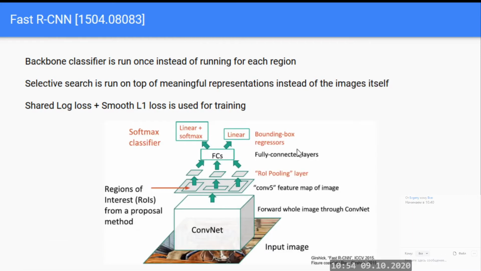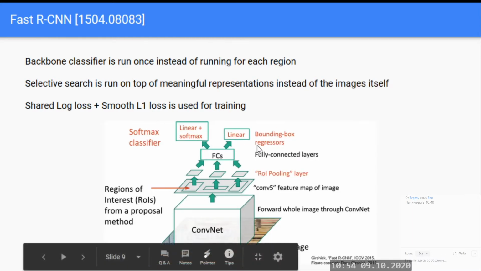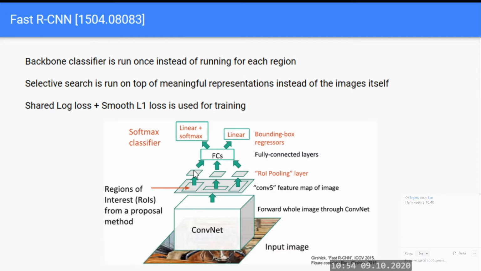So basically the idea of Faster R-CNN is to run all the backbone only once over the entire image, and after that we have some proposals on the original image that we map onto the feature layer that we get from running all the convolution layers of our classification network. Then we apply some magic ROI pooling layer that turns arbitrary sized regions on the feature map into predefined regions, like 7 by 7 resolution,